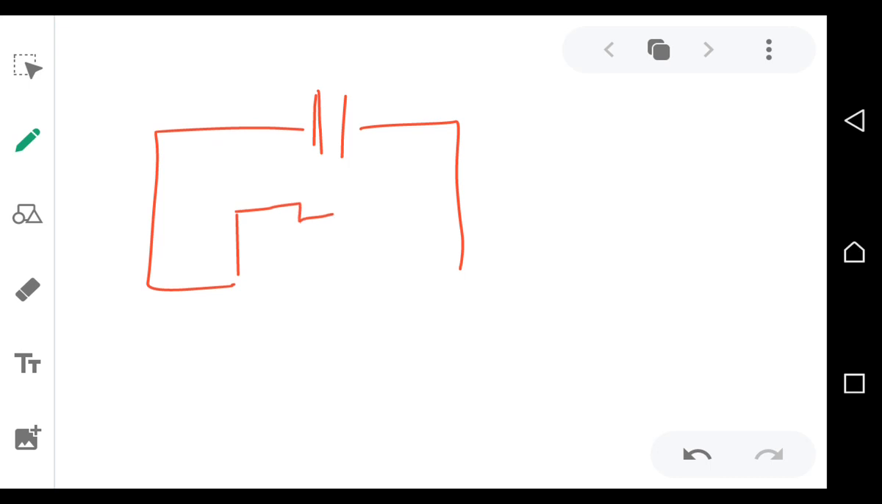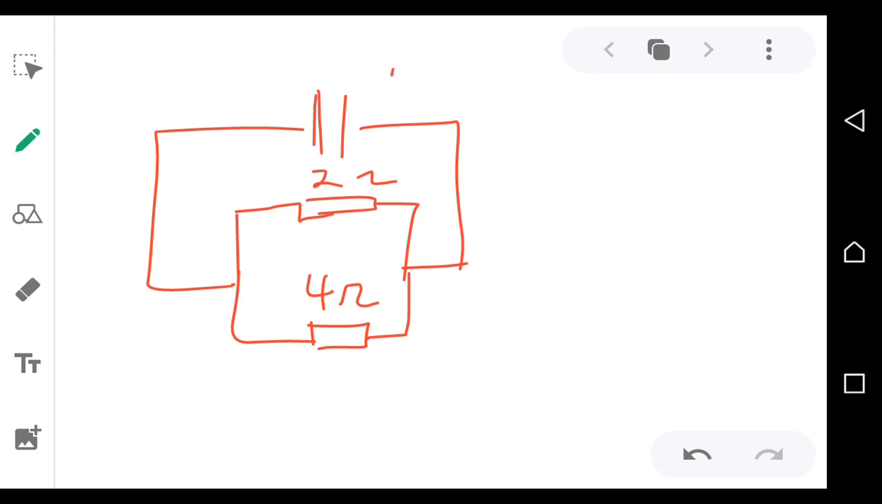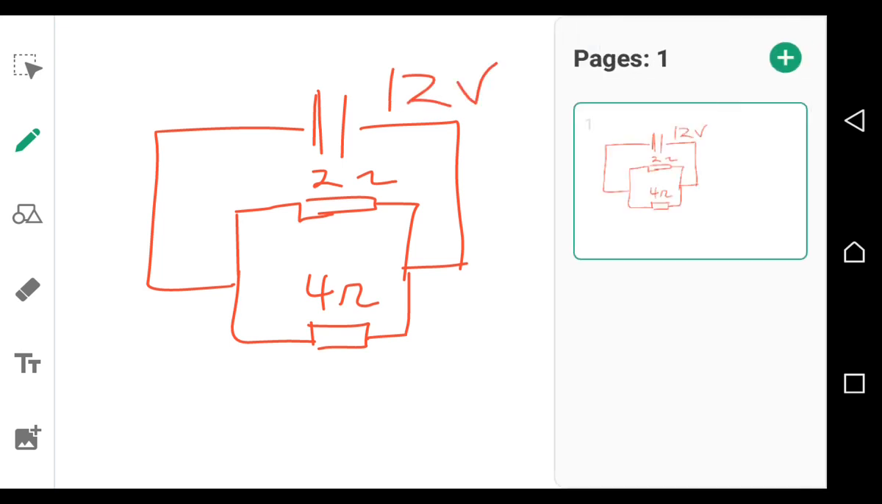A question can come where they give you a battery, and then they put two resistors, one here and the other one down here. This one can be a 2 ohm resistor, this one can be a 4 ohm resistor, and the battery can be 12 volts. And then the first question can come as